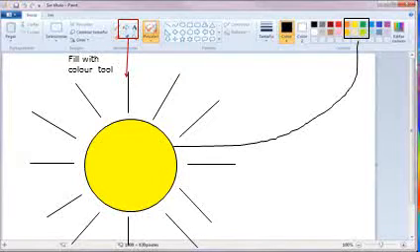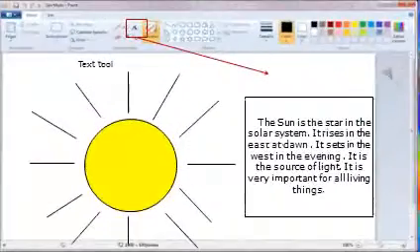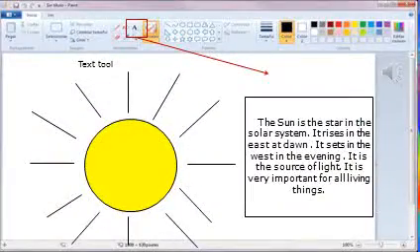Look here, I have colored the sun. After that, you have to choose the text tool and type a few lines about the object, but you don't need to learn it. I will provide you the paper on your practical day from which you can see and type the given paragraph on the computer.